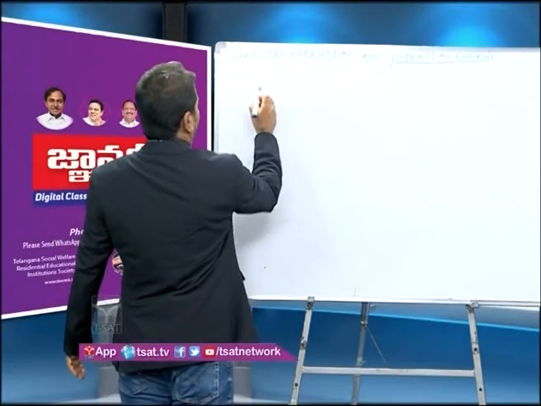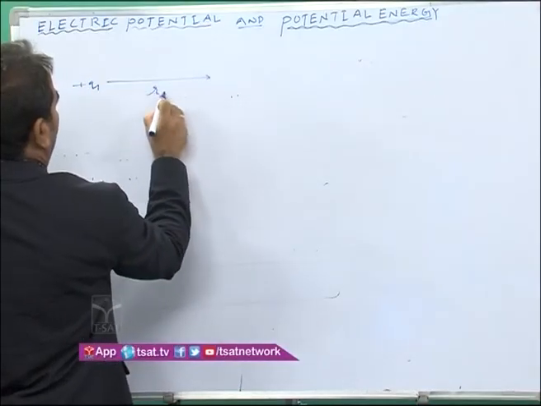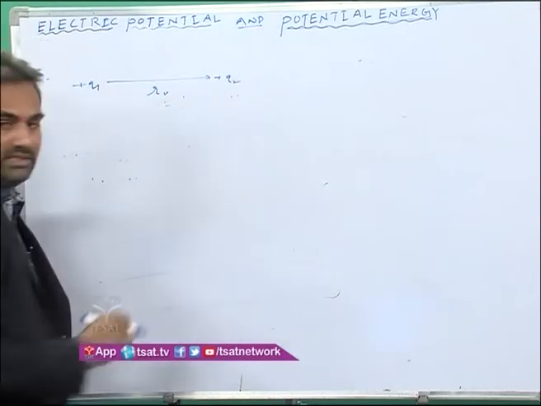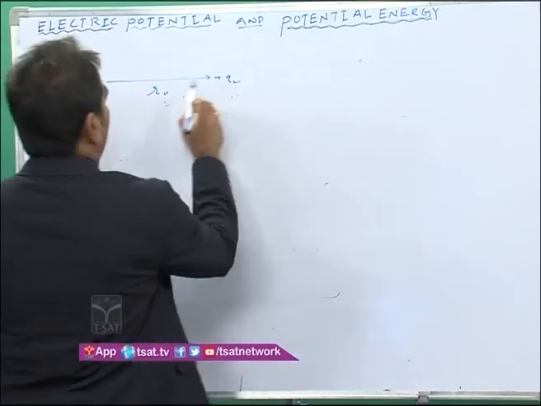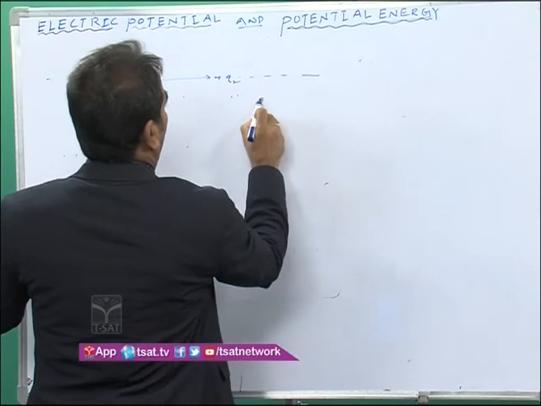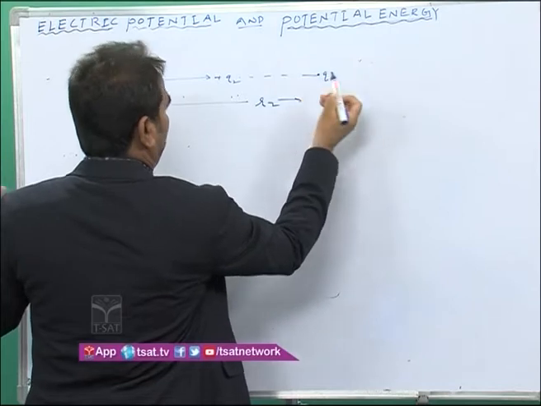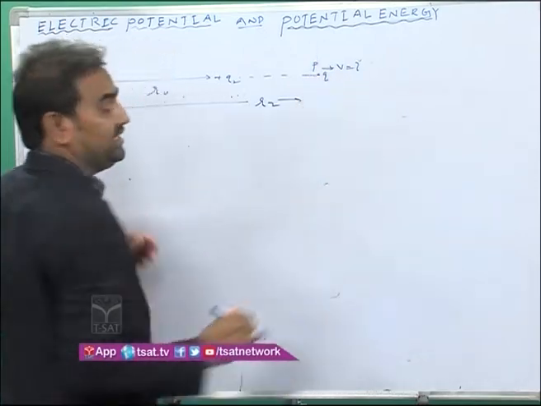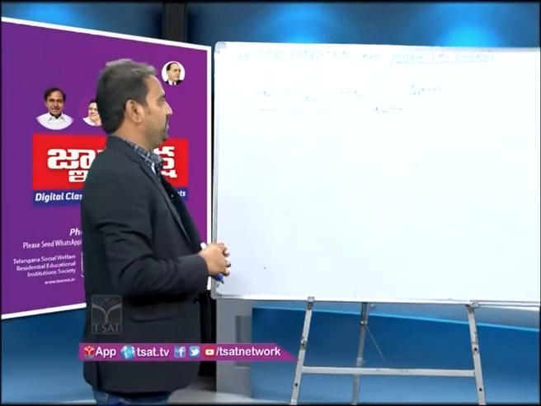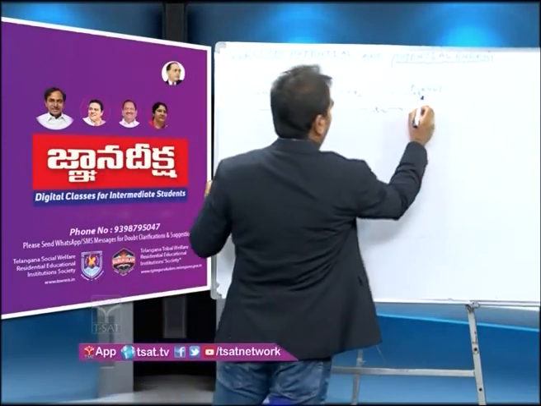Consider one point charge fixed here. Q1 charge is fixed at a distance of R naught from Q2 charge on a frictionless horizontal surface, and Q2 charge has to be moved from R1 distance to R2 distance, at a certain point P. So at that point it gets the velocity V. So what is this V equal to is a very important problem. We wish to find out the velocity of Q2 at point P.